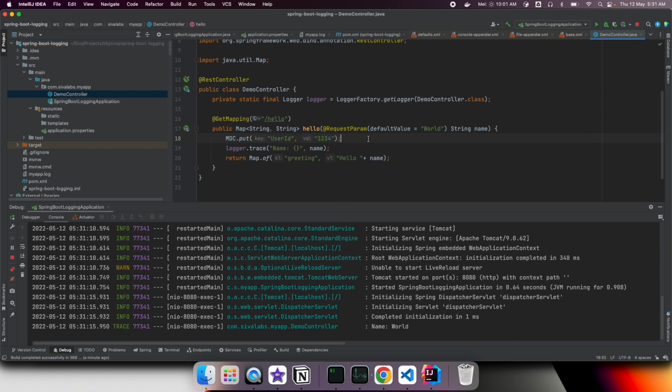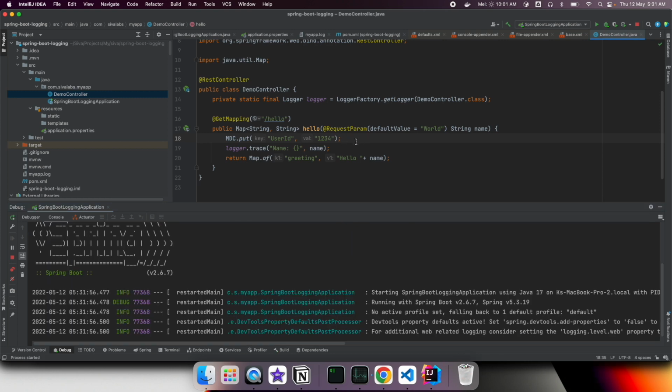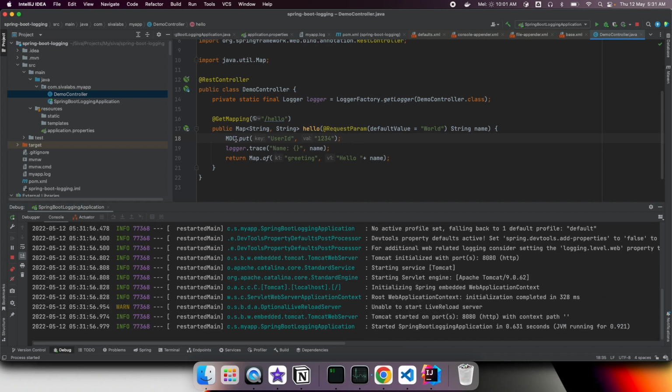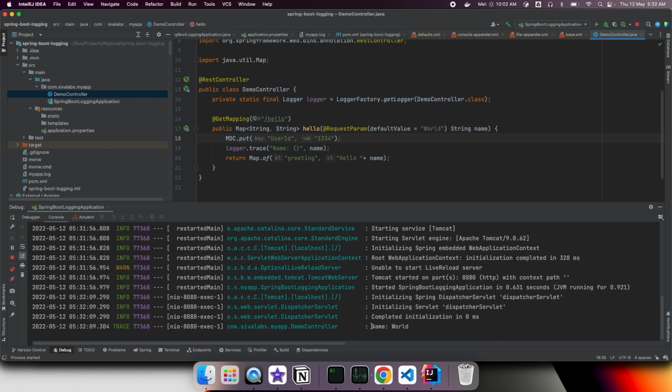Okay, so I am putting userId in the MDC, and I am restarting this. Behind the scenes, MDC uses thread local so that it won't mess with other requests. This data will pertain only to that particular request. So now if we make an API call, we got it, but how do we make this userId appear